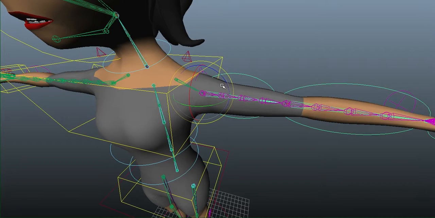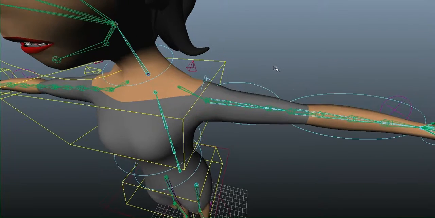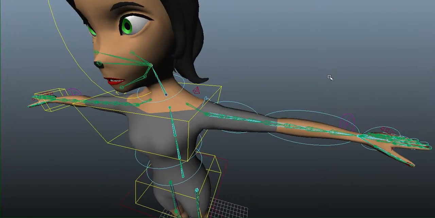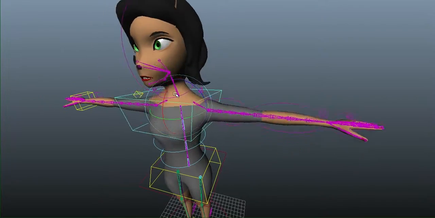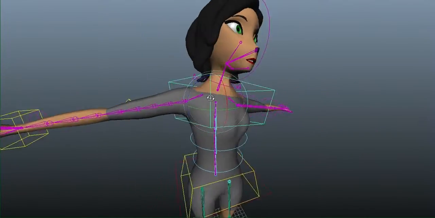mid-scene. Very useful because it completely removes a problem that's very common in animation and a very big problem. Moving to the body, I have